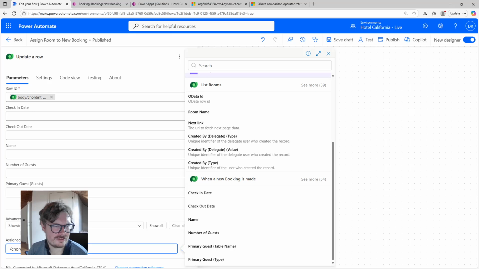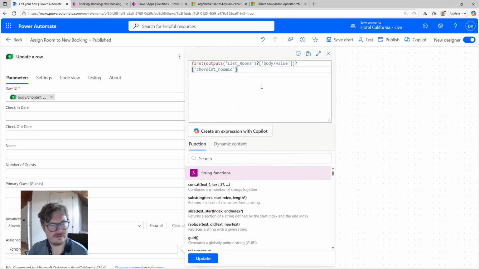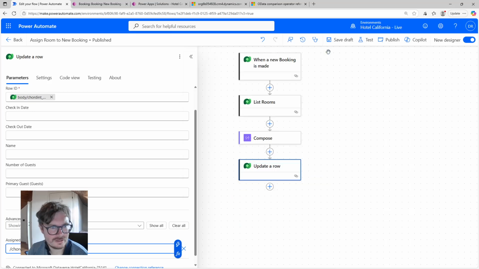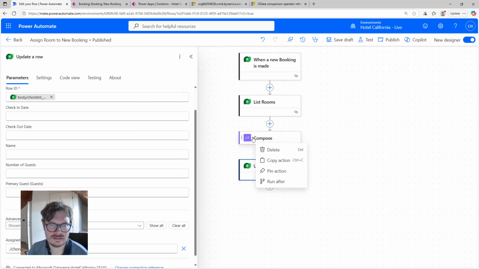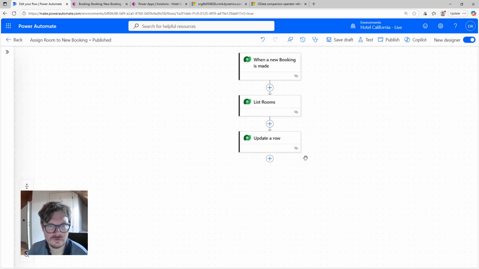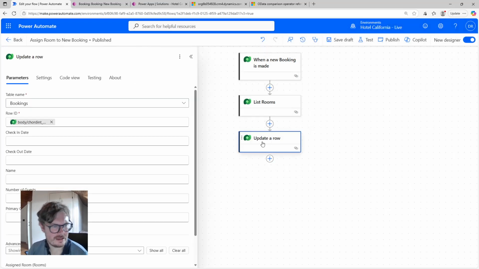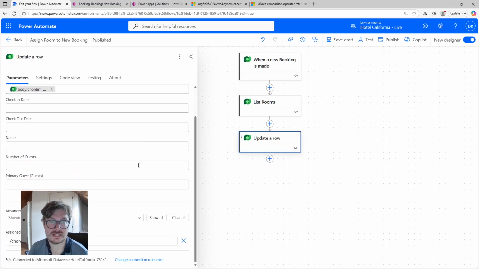But personally, I like to just put it all in here because, let's face it, this sort of syntax is sort of high code anyway. I think once you start doing Dataverse stuff, low code sort of goes out the window. Or should I say, some stuff is definitely low code, but you definitely need to be comfortable using high code as well. So now instead of update a row, let's say assign room to record,